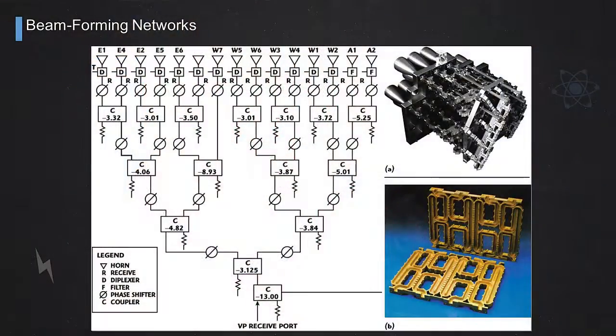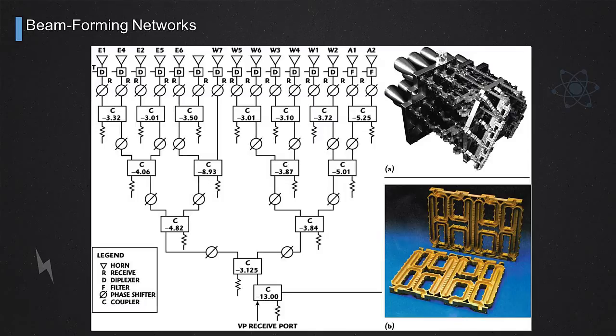We said that in case of shaped beam and contoured coverage, we need the beamforming networks. What are they? They are some sort of microwave networks composed of transmission lines, usually waveguide at microwave frequencies dealing with high powers, and power dividers, components that divide the RF power in an equal way among an input port and several output ports.